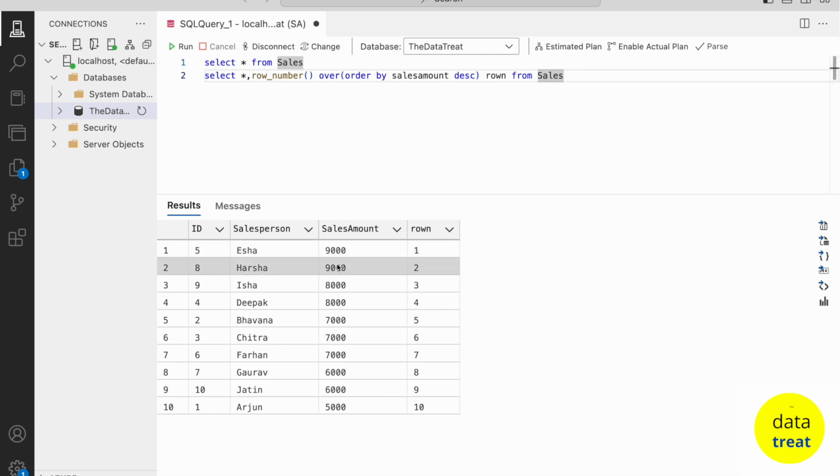Both 9000 rows have got different serial numbers, and both 8000 rows have got different serial numbers. So it doesn't care if they are equal or unequal, it will just assign a different serial number for each row. So this is what ROW_NUMBER does. It doesn't take care of duplicates. That's what ROW_NUMBER is all about.